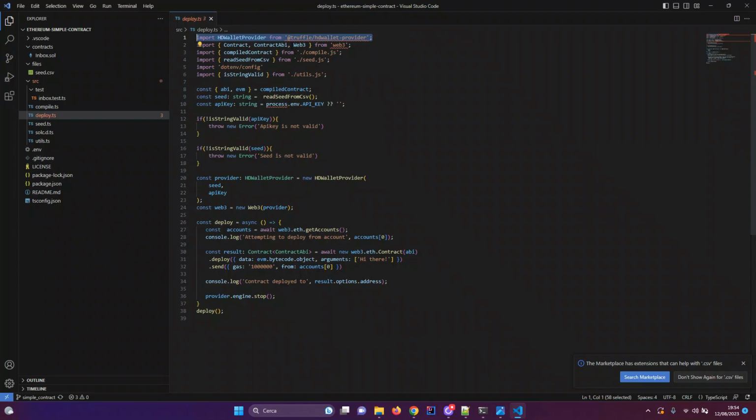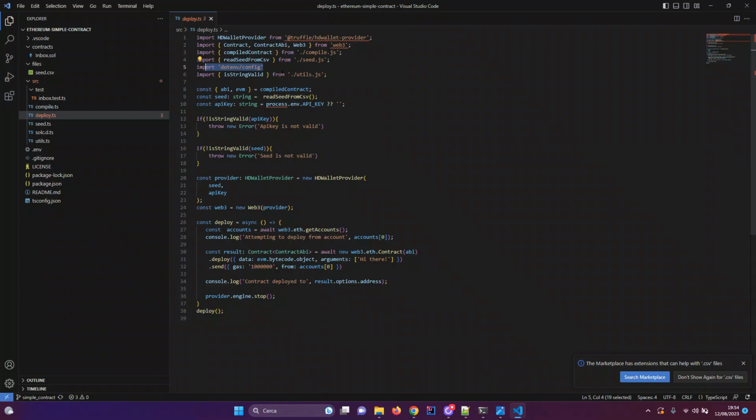Then we will make use of the Web3 library. These are two libraries that I will explain later on. And also this is the simple utility library. And we will make use also of the .env library to be able to get an environment variable, which we will need.